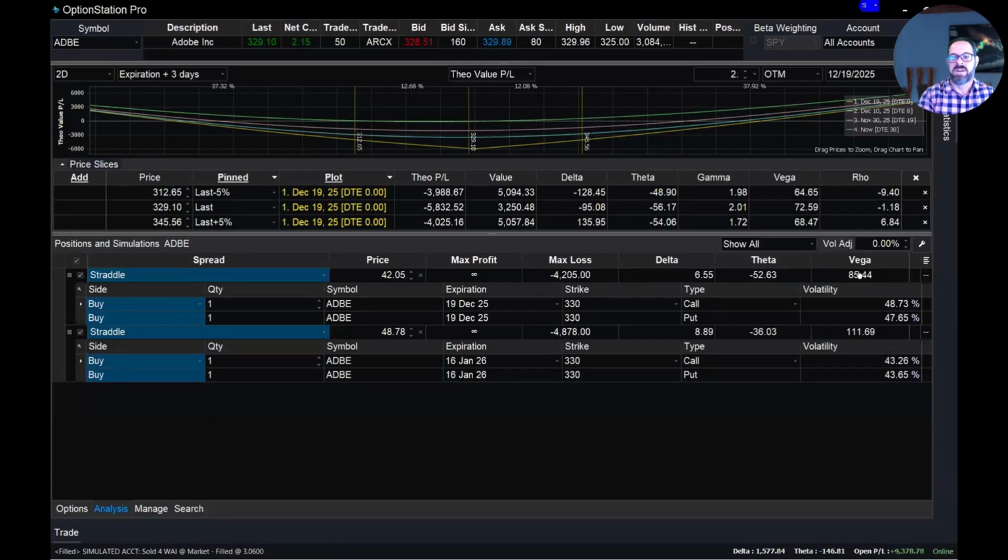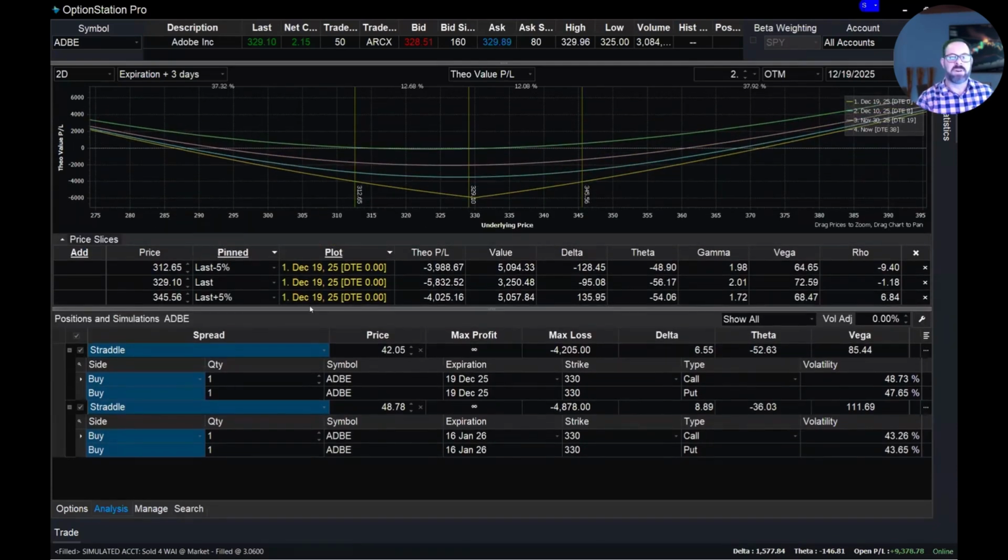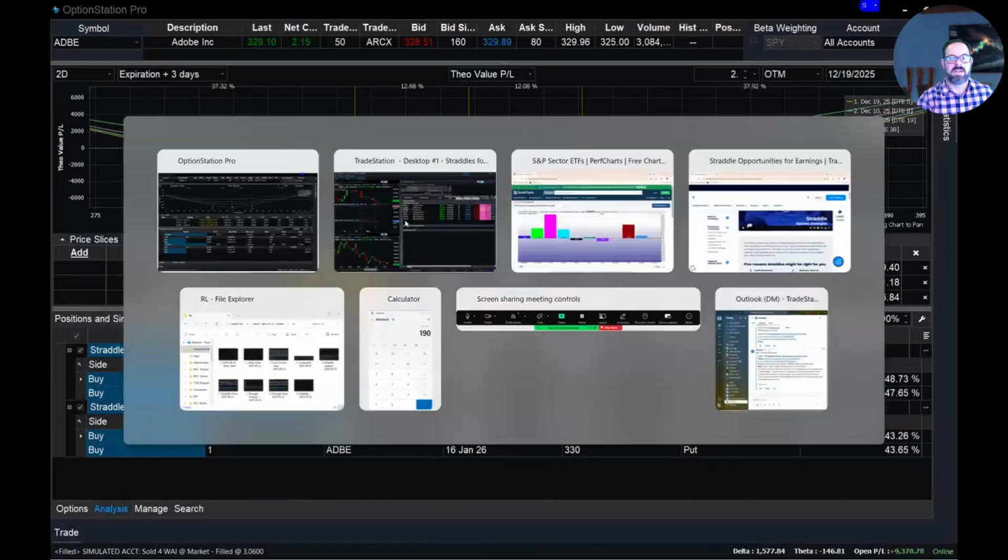But here's the kicker: volatility. Look at that change. Again, this is all theoretical pricing, but in theory, if we see a move similar to what we've had before,